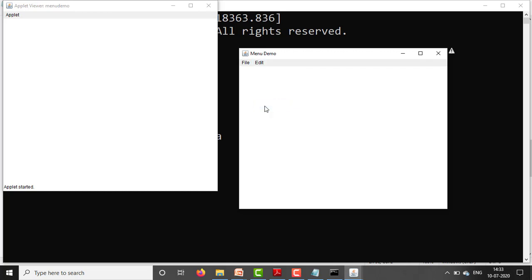Whenever clicking on these, the check mark is shown. Like this you can perform the menu related programming.